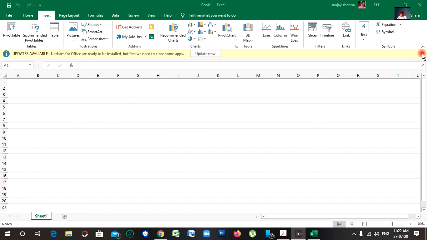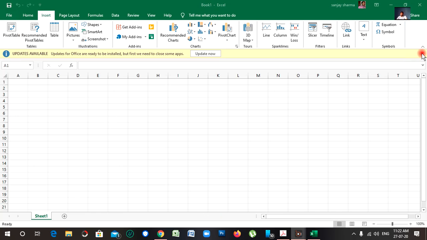Now see here, the function named Insert Function will also be displayed over here. Now we are going to insert the SUM function.